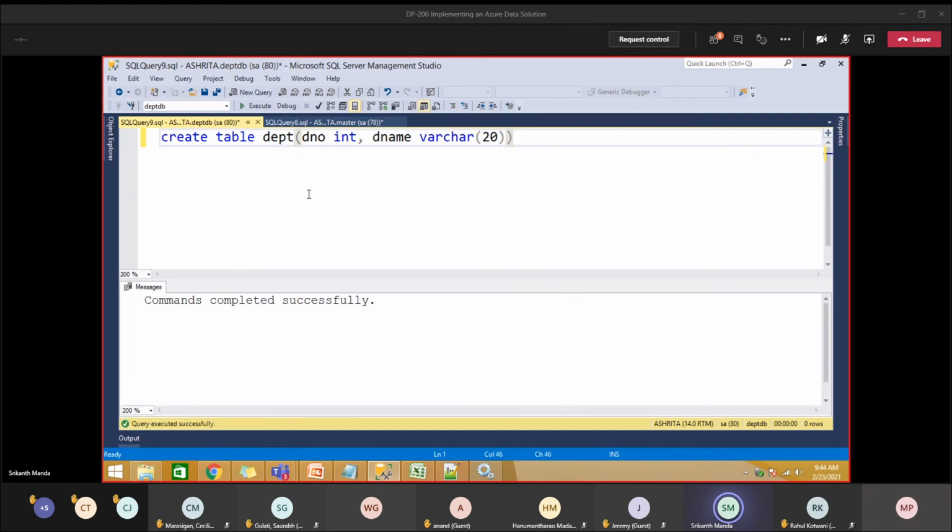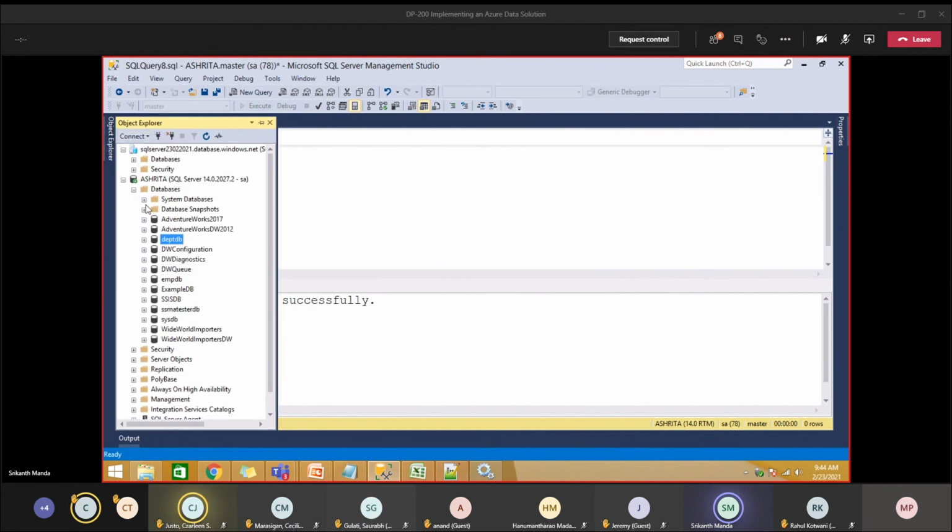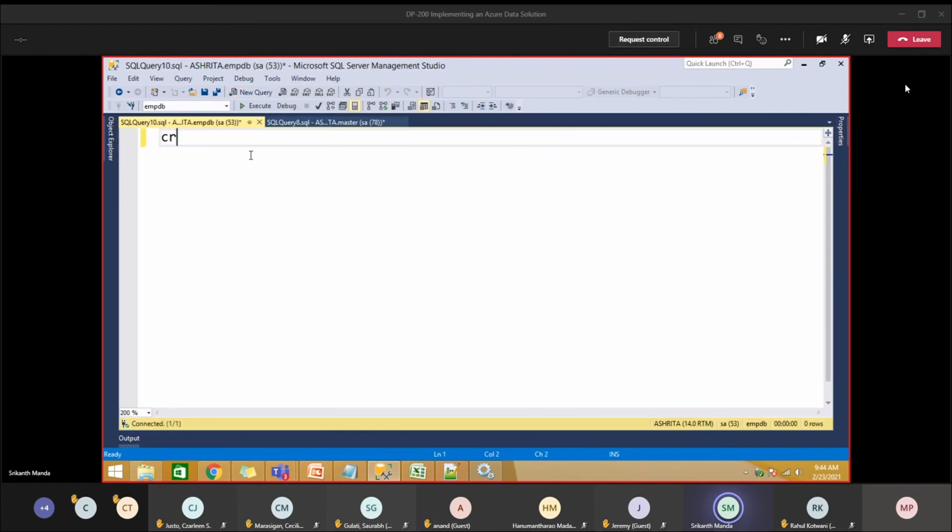Okay, I've created it. I'll just close this. I'm doing it on my local machine. I'm not on the server, I'm not in Azure. I'm on the local machine. I'll go to EMPDB and create